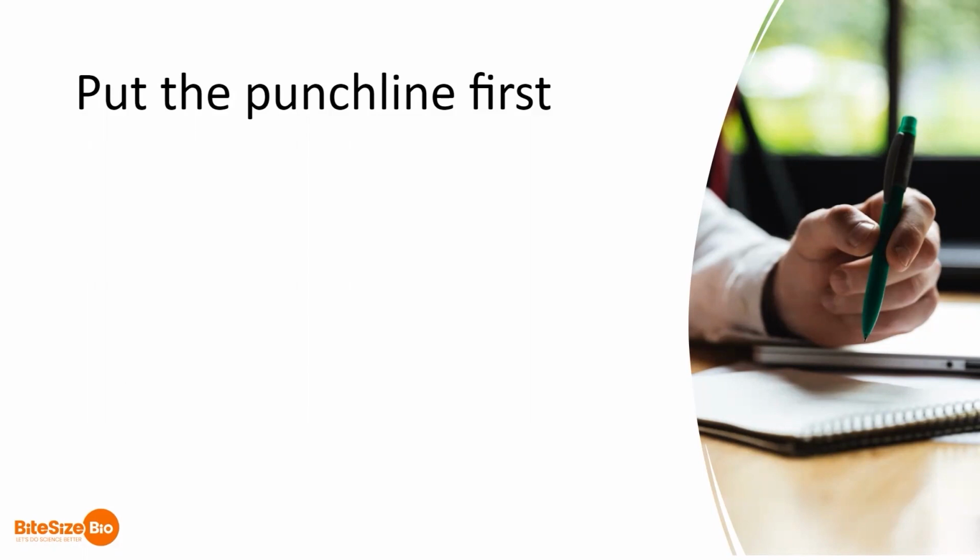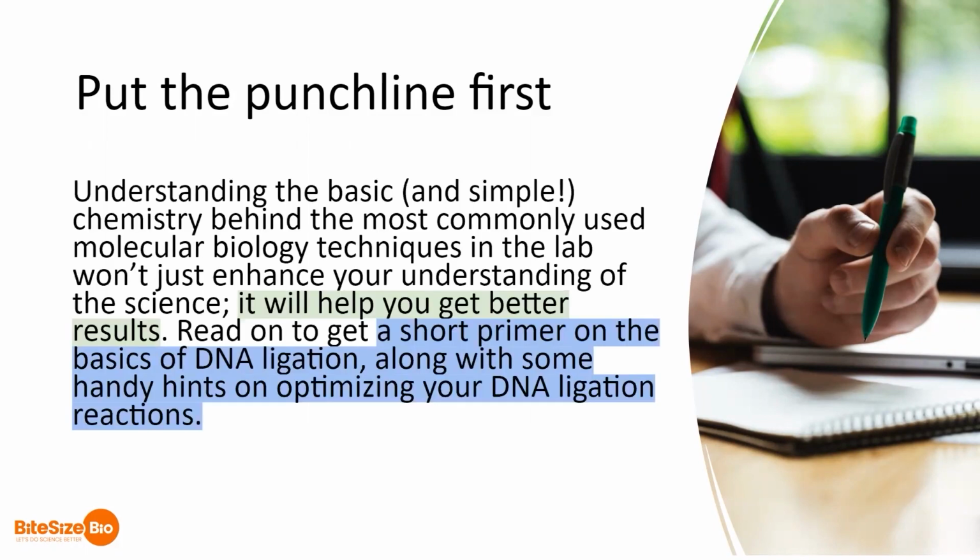Use this first paragraph wisely and state the problem you're trying to solve or show the benefit to the reader, and tell the reader how the article or content will do this. Let's take a look at an example paragraph. The benefit to the reader is in green and tells the reader, read this article to get better ligations. And it also states how the article will do that in blue. Explain how ligation works and give you tips for optimizing.